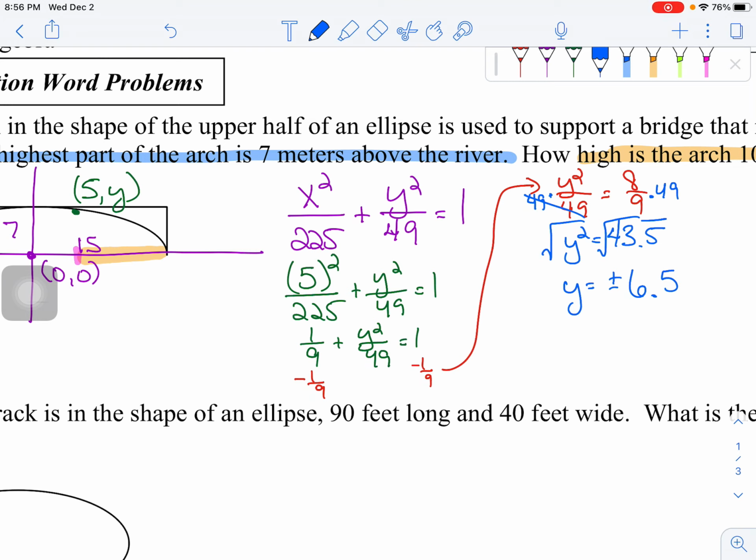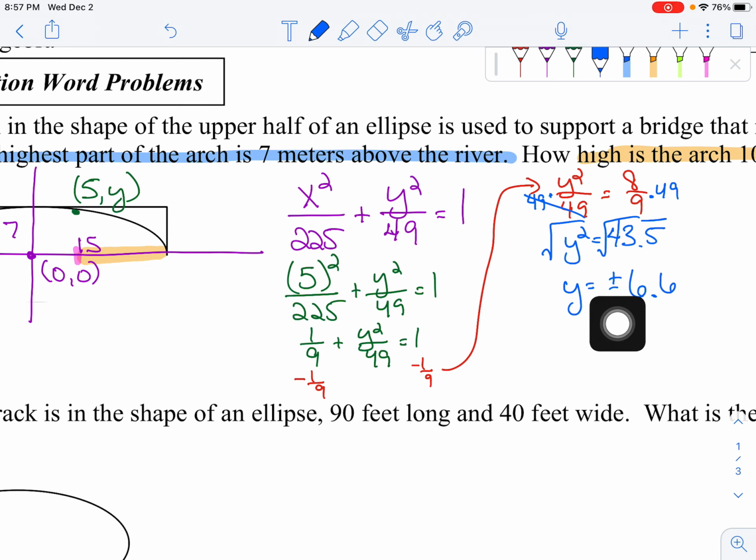6.5. It's a 9, so actually it would be 6.6. All right, so 6.6. Now, one quick thing that I did, I put a plus minus here because when I